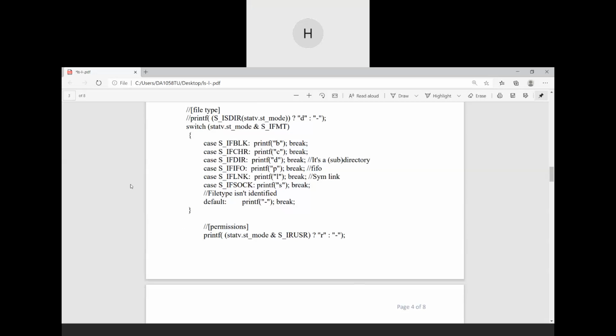In case it does not match any of these, then we print the hyphen, as it displays in ls -l. Instead of this, we can also use this to display this part.